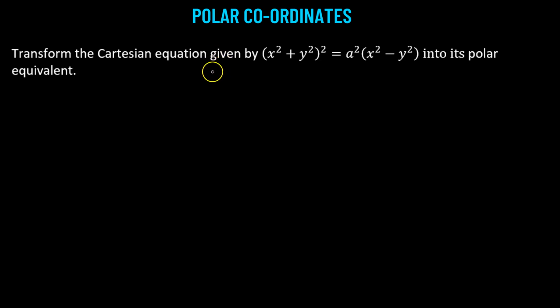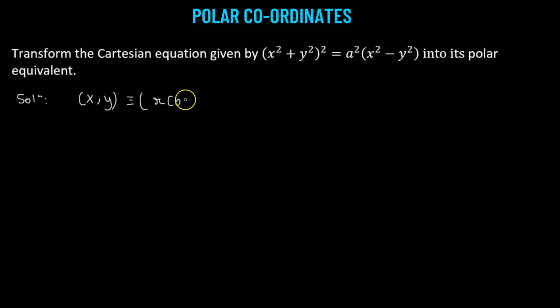So here we need to transform the Cartesian equation (x squared plus y squared) whole squared equals a squared times (x squared minus y squared) into its polar equivalent. Let us begin. So here, whenever we have the Cartesian point x comma y, then its polar equivalent is given